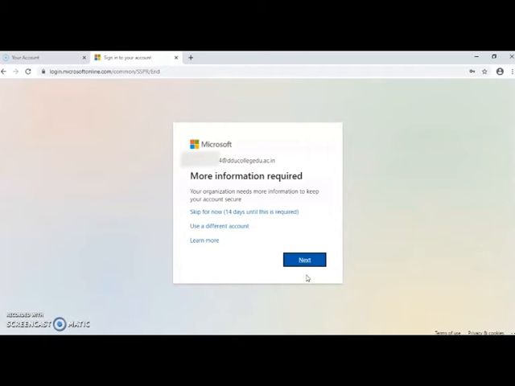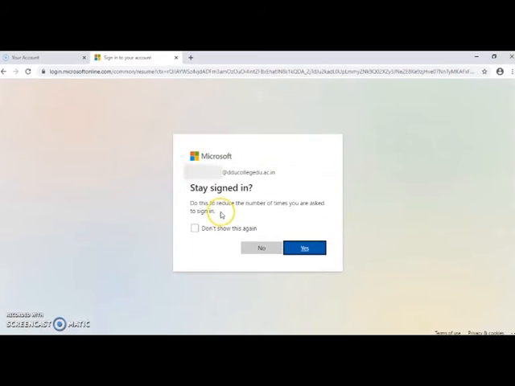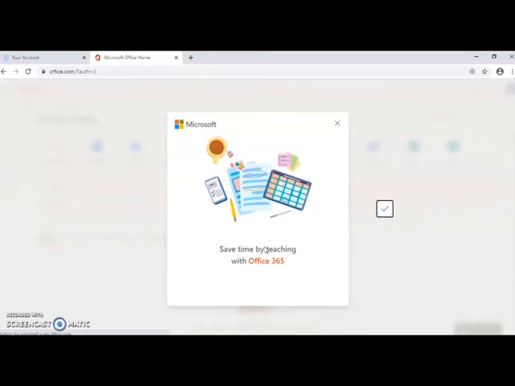After specifying the strong password, now it has accepted the password, and now I can just go by clicking on the next button. Now this is asking you to stay signed in. If you are using a shared computer, it is advisable not to, but if you are working on your personal computer, you can click on yes so that you don't need to sign in again and again. But I personally prefer not to stay signed in, just for security reasons.